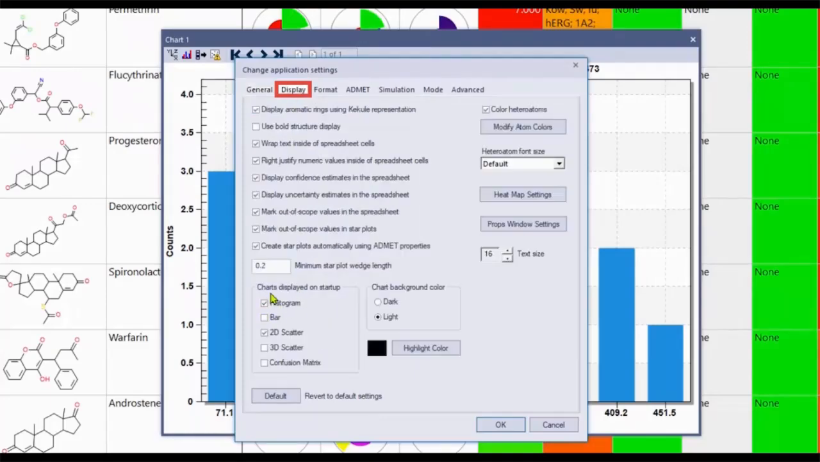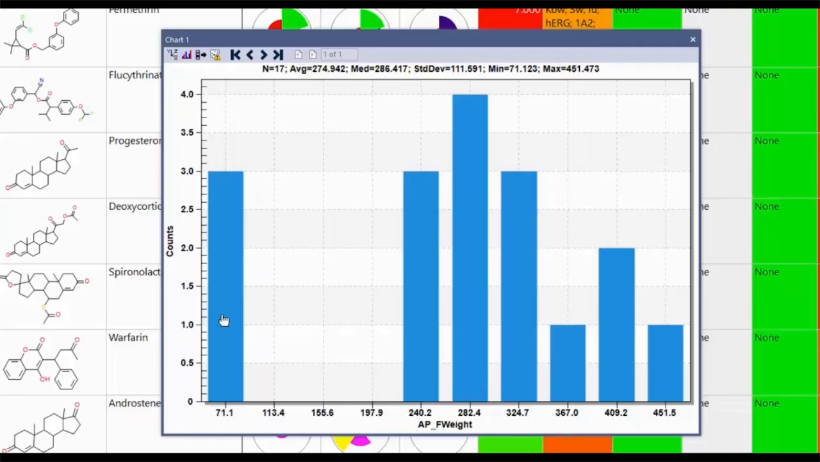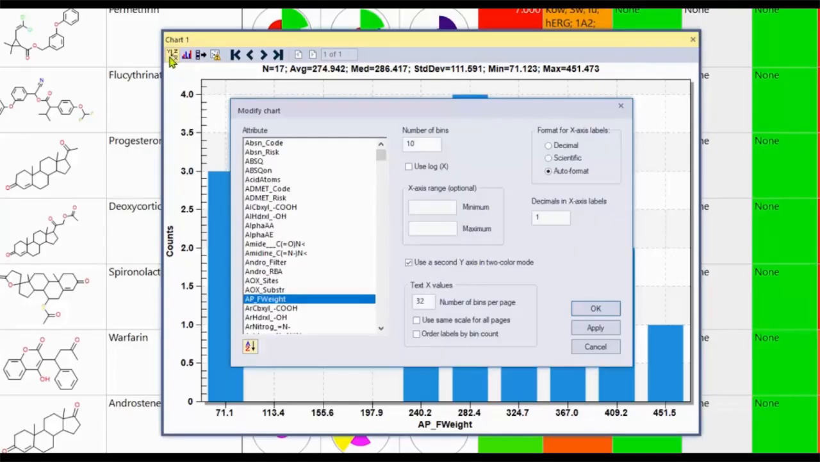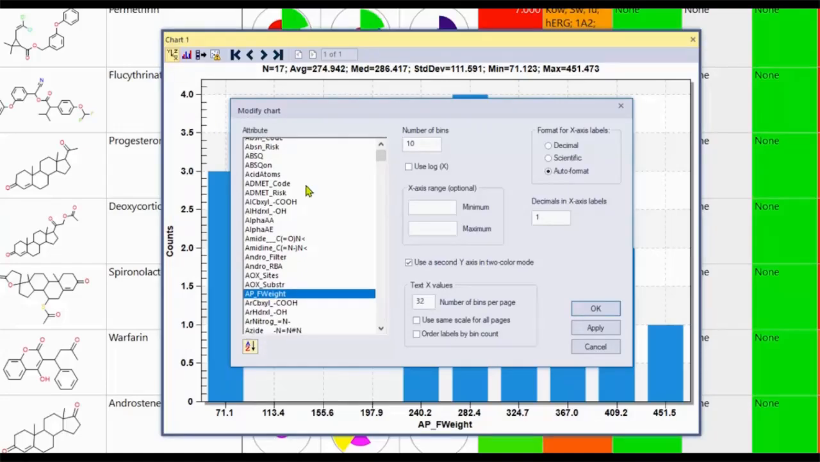I think if we go to display, these are the charts that are displayed on startup. So a histogram and a 2D scatter plot. Those are displayed by default, and of course, you could change those values here. With the histogram chart, it's going to chart from a certain range of that particular formula weight for this example. Now, if we want to change the attribute, we click on the XYZ icon here, and then we can plot